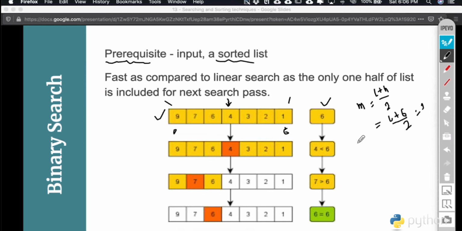we talk about floor division. If your value is 7, suppose, and we do 7/2, that is what we call floor division. So still you get 3. So either you do 6/2 or you do 7/2, in both cases you get the index 3. So let's come back to the discussion.